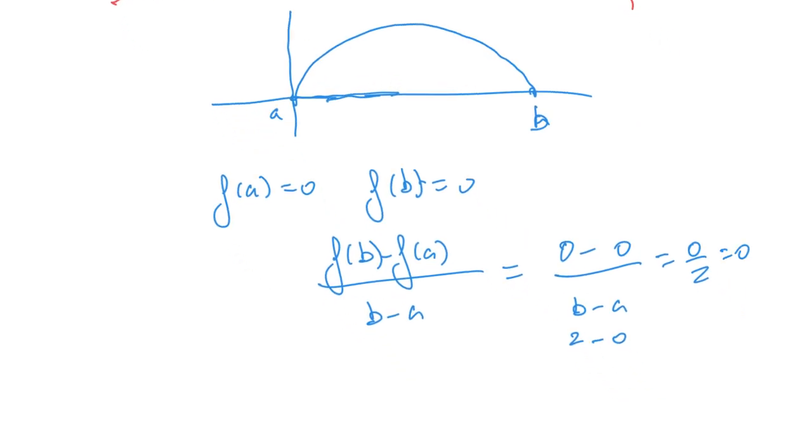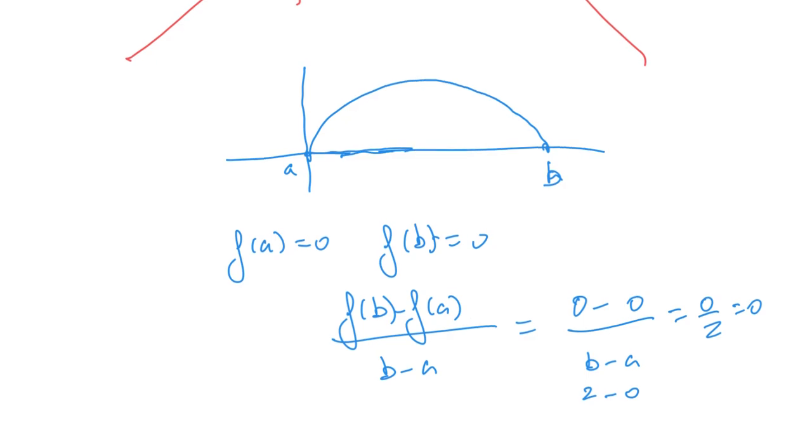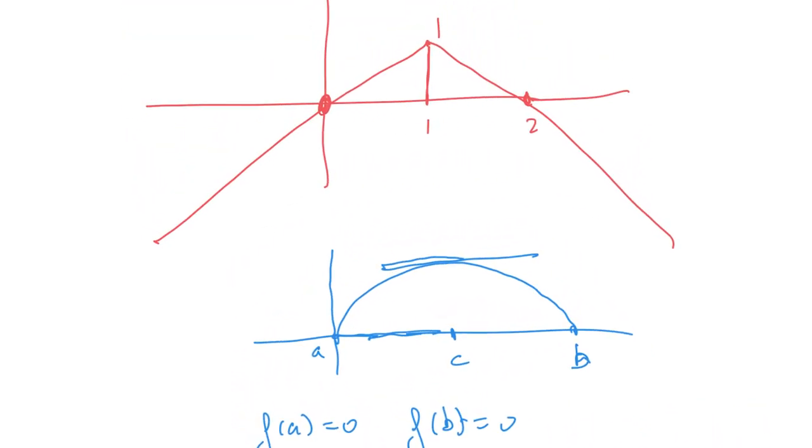Okay, what Rolle's theorem says is that there exists a point in the function where the slope is the same as the slope of the line connecting A to B. The slope of the line connecting A to B is 0. Where is the point c where the slope is 0? It is this point where the slope is 0. So in this case, there exists a point c. But in this case, it doesn't exist, because the slope doesn't exist at the point